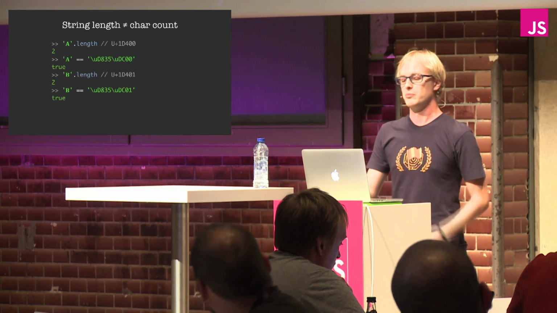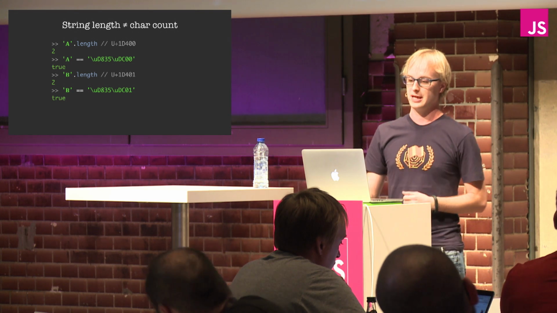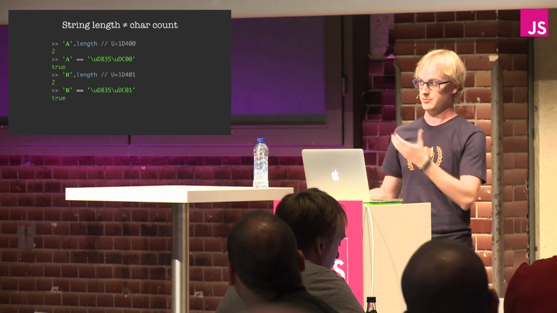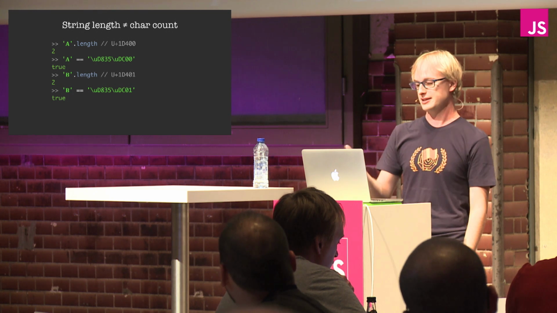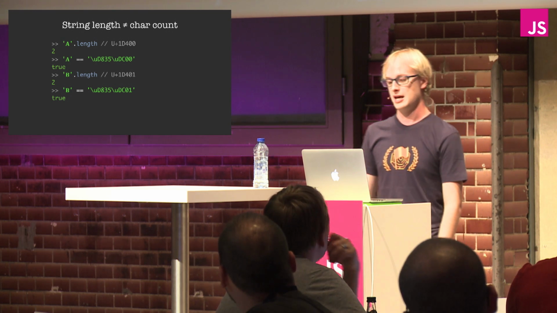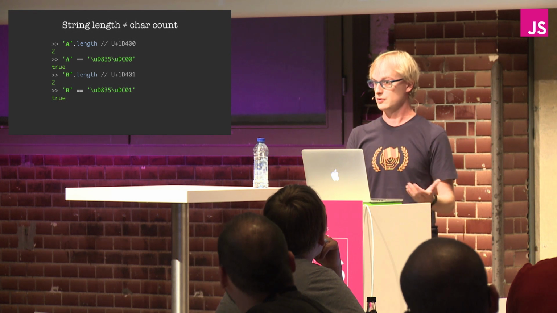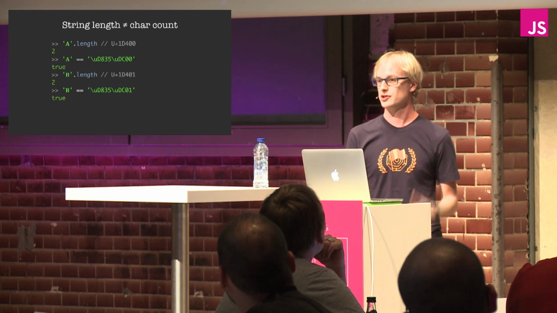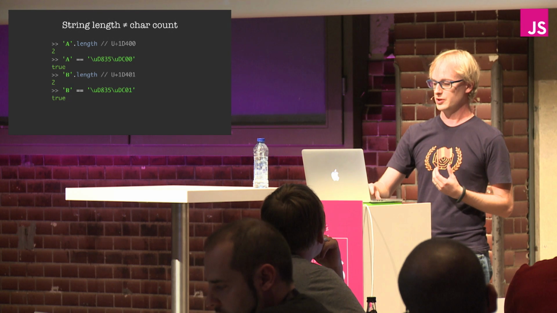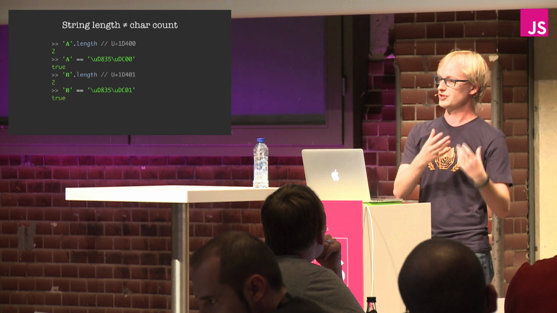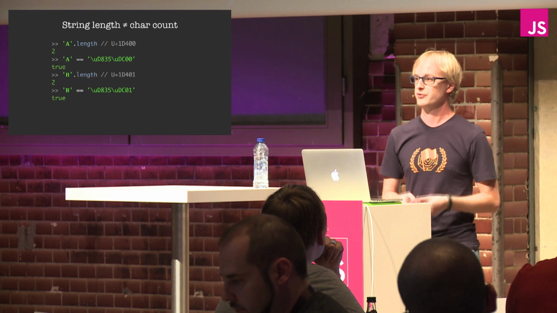This is the mathematical bold capital letter A and the mathematical bold capital letter B. They're different symbols, so they have completely different code points. And in this case, they're Astral code points. And because of that, they have a length of 2 in JavaScript rather than 1, even though there's only a single symbol there. So what JavaScript does is it kind of exposes these surrogate halves